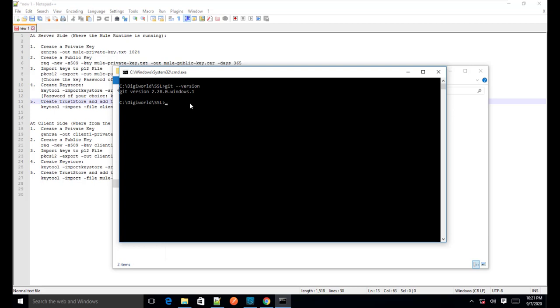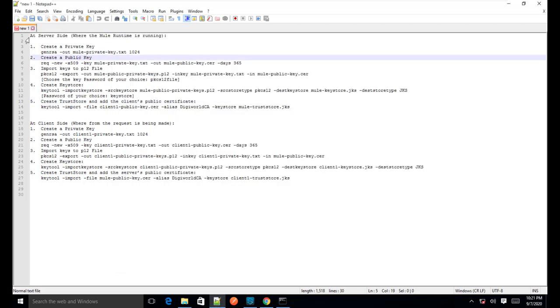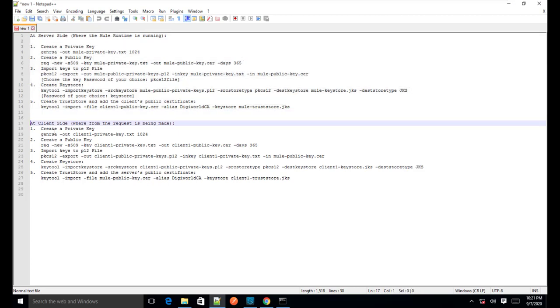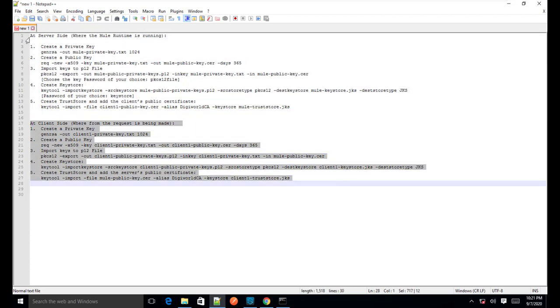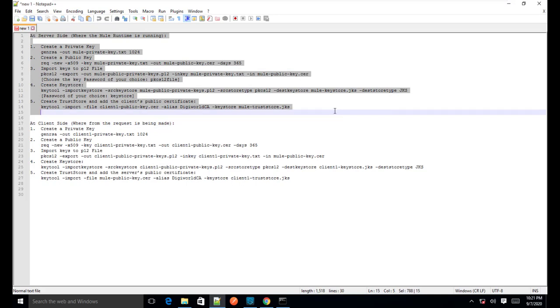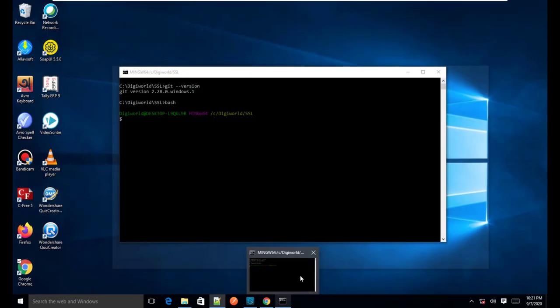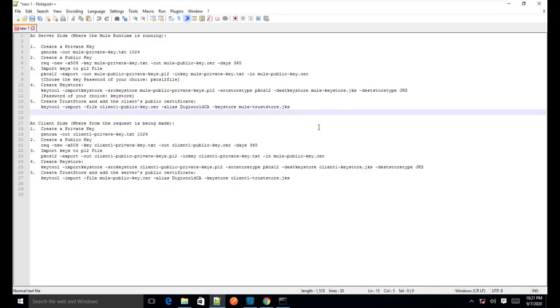As you can see, it is installed, so I will quickly go there. For demonstration purposes, I have already listed the commands which I need to perform at the server side as well as at the client side. These are the commands, as I have already mentioned in the slides.